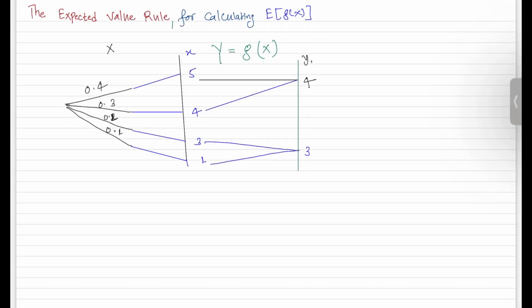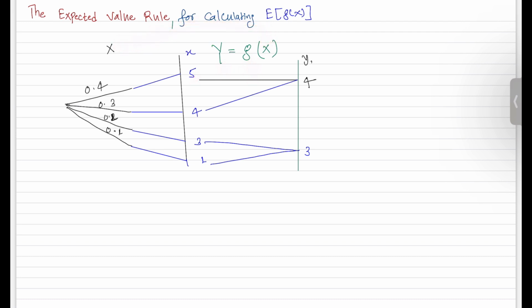So you carry out the experiment, and let's suppose you get this as an outcome, and this outcome will get mapped by the random variable x to some value, 5. So the random variable is taking the value 5, and once you put 5 in, then according to some function or mapping, you get the output y.